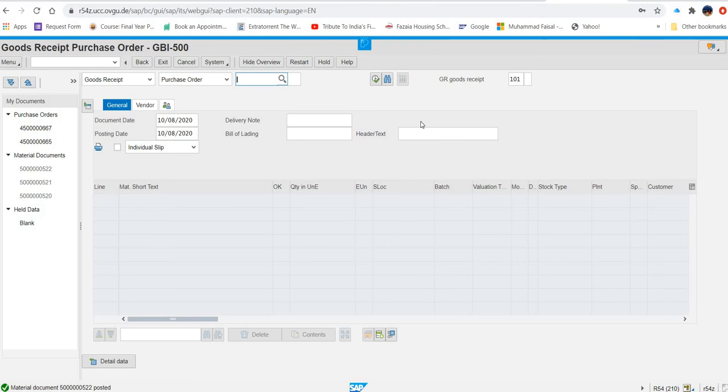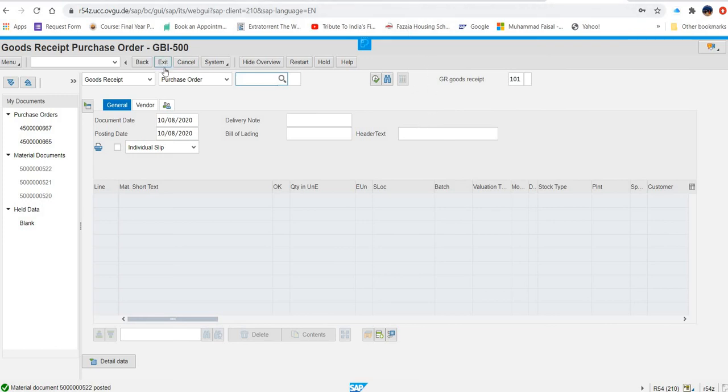Another document has been generated. Now the next step is you will create an invoice again. Now see why another material document was generated. The reason is because from the one purchase order we create two deliveries. So for one delivery there is one material document number, and for another delivery there is another material document number. Therefore invoices are also two. Another invoice we are going to create now.